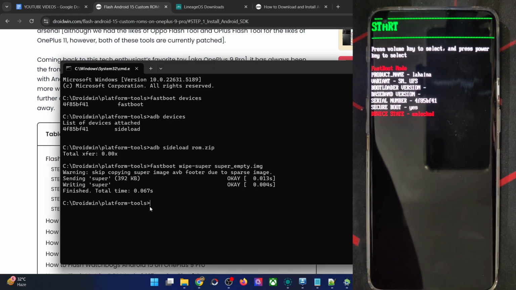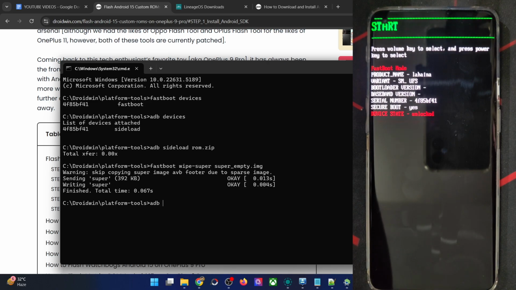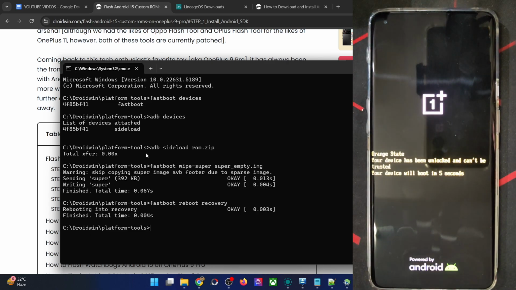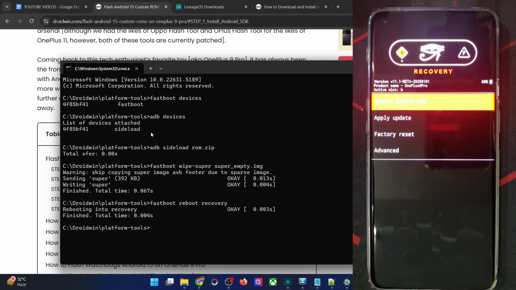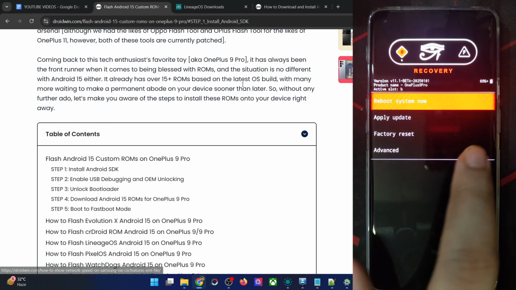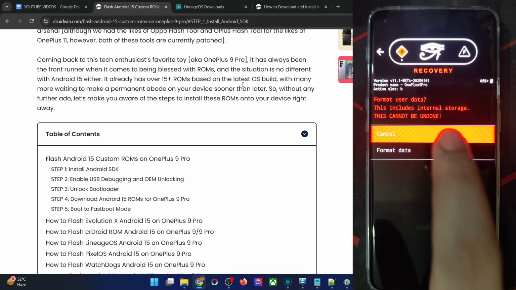It's now done. So let's now go back to the recovery. So adb reboot. Okay, we are in the fastboot. So fastboot reboot recovery, hit enter, and you're now inside the recovery. Do keep in mind that you will not get the issue every time, but because I flashed the CR ROM earlier as well, and at that time there was no issue whatsoever, but now I'm having this issue. So in that case, you have to flash the super empty img file as well. And once that is done, let's now do the adb sideload once again. Before that, let me do a factory reset just to be on the safer side.